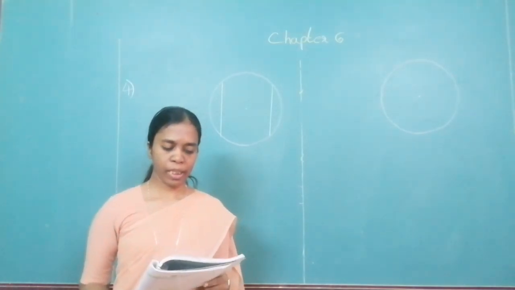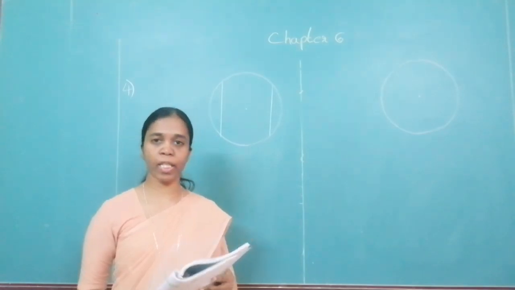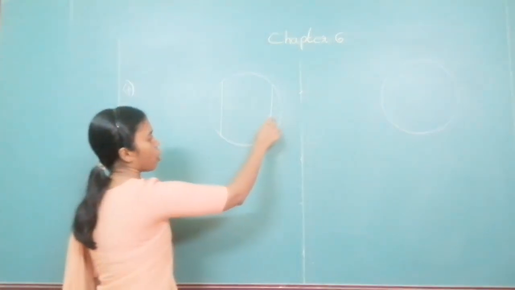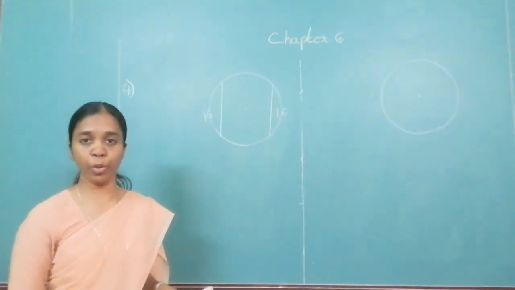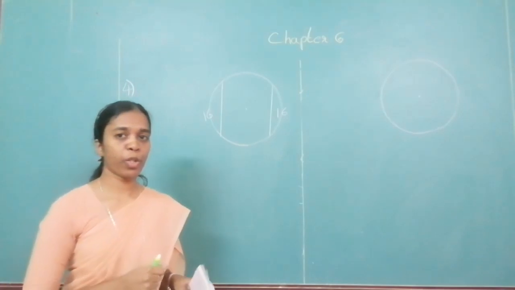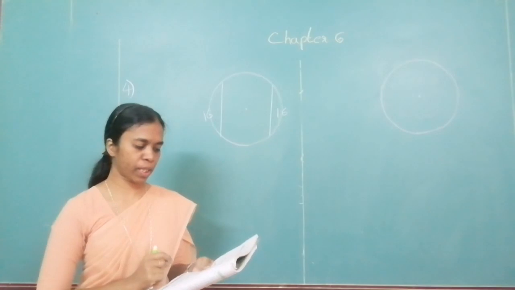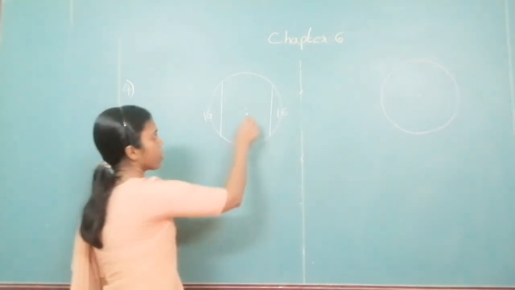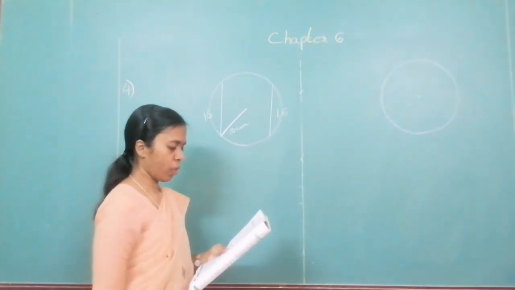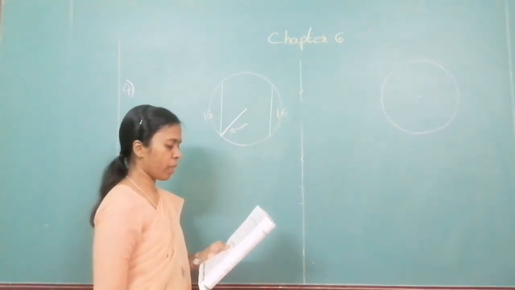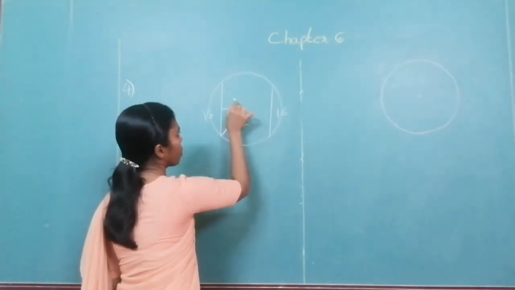Radius of a circle is 10 centimeter. There are two chords of length 16 centimeter each. That means they are congruent chords. And what do you know about that property of congruent chords? They are equidistant from the center. You are given the radius of the circle. How much is the radius? 10 centimeter. What is asked to you? What will be the distance of these chords from the center? You are asked to find this distance.